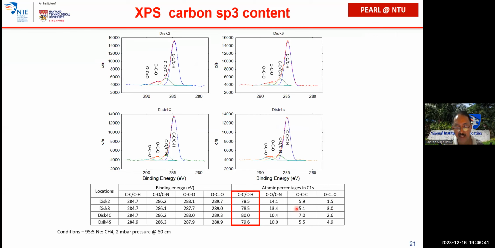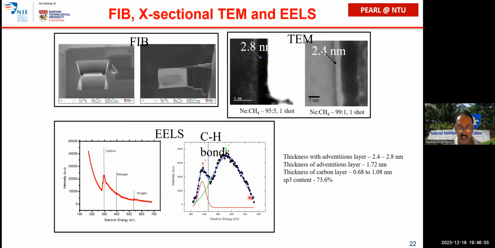And in the estimates of the sp3 content, we got remarkably excellent results, with the sp3 content going higher than 70%, as you can see over here for the different materials. And these were all done on the disc platter, that means 65 mm. And these percentages were verified not only by the XPS, but by other characterization methods, like electron energy